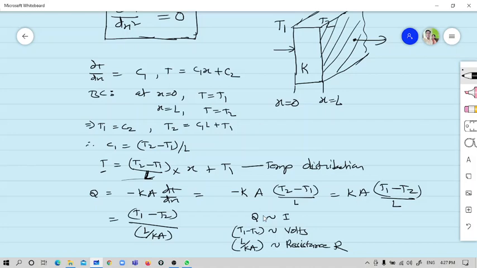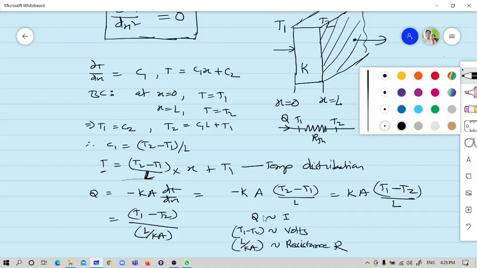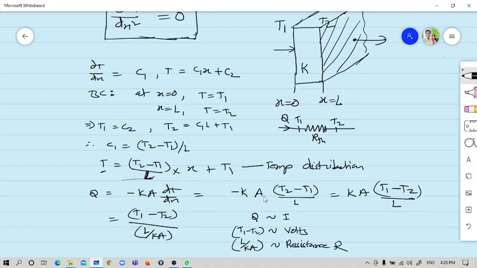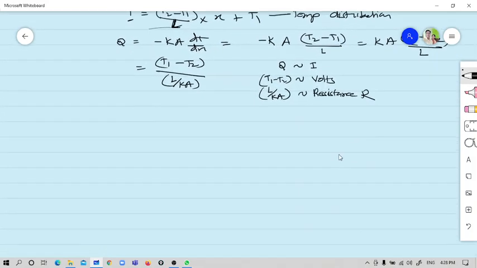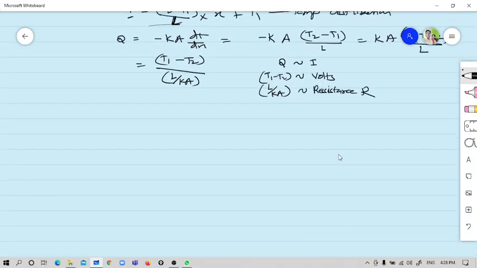So I can draw here in symbolic form also. So you will have this resistance here and current here. Okay, so this Q is the current flowing through this resistance R. Okay, and across the potential T1 and T2. So here you have temperature T1 and here you have temperature T2. So this is called the electrical analogy. Okay, so this is again one new concept which I learned here. So what is that concept? It is the electrical analogy.